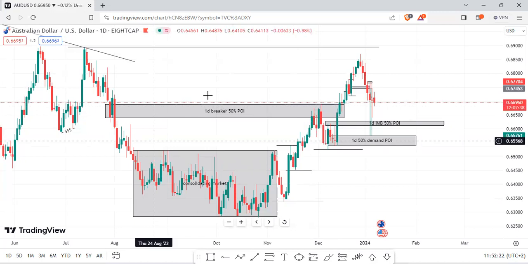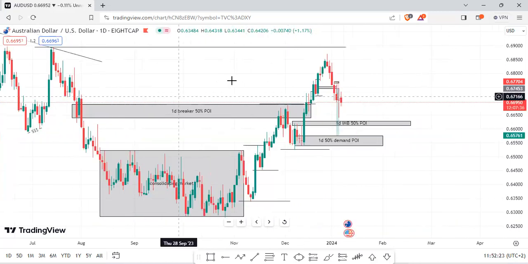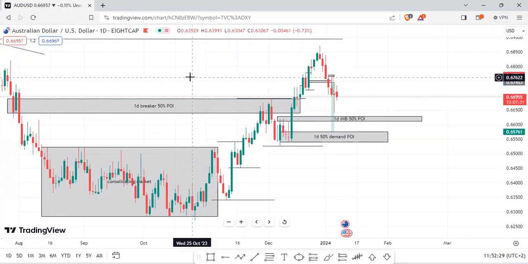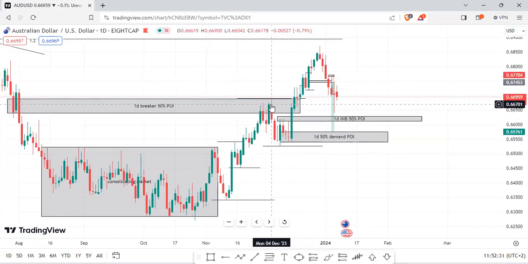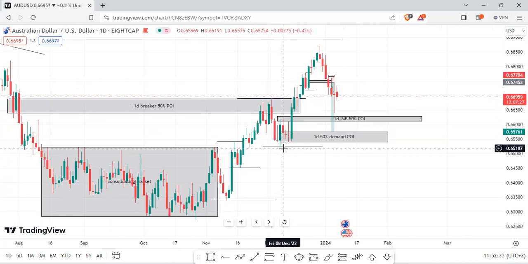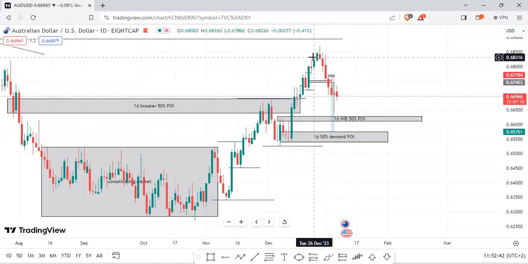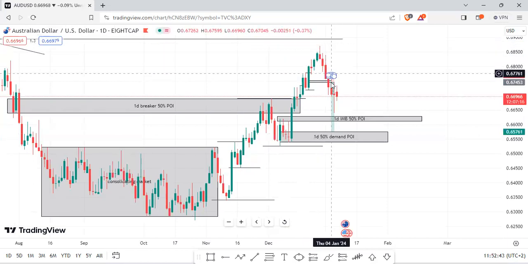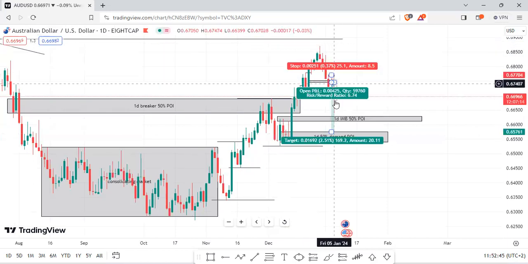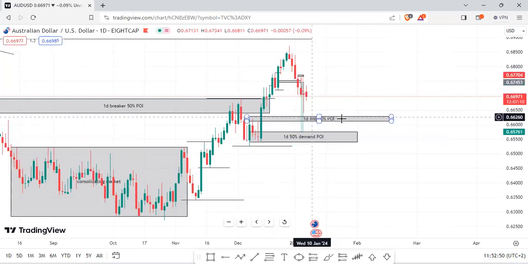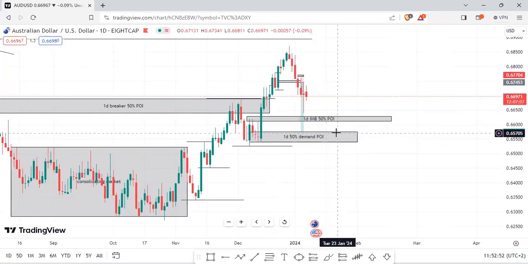This breakup block, I'll explain that some days later. That's content for another day. And then it went down, reacted as it's supposed to, and then came here, gave us POIs, came there, gave us POIs, and then continued trending. Now we're looking to catch this drop back downwards, and then maybe to this POI or to that POI.